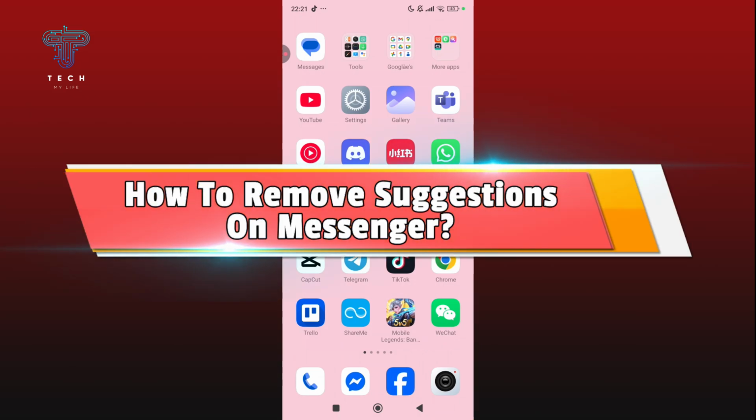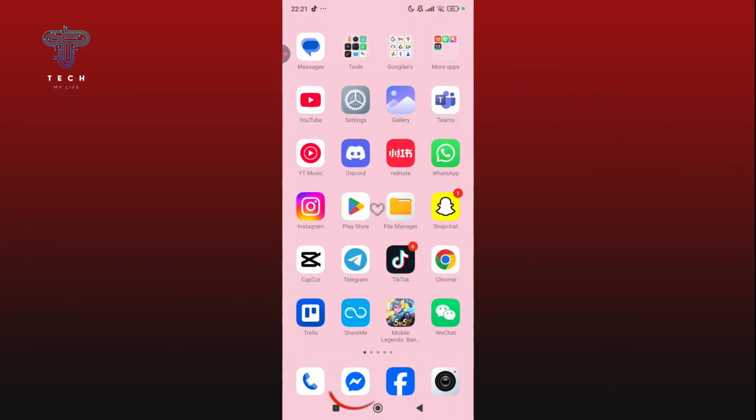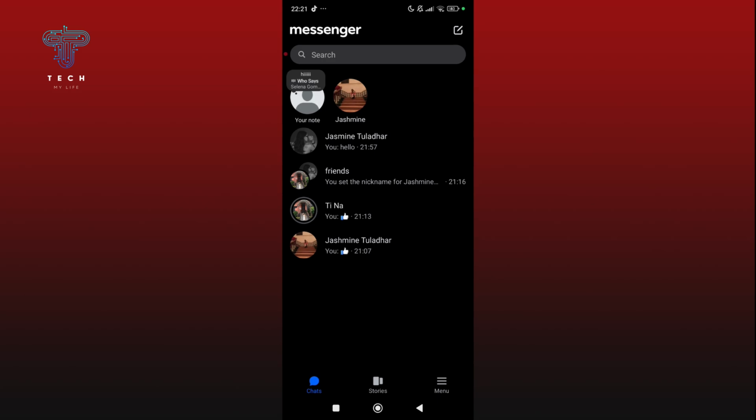How to remove suggestion on Messenger? Here's how. First, open the Messenger and in the bottom right corner of the screen, tap on the three horizontal